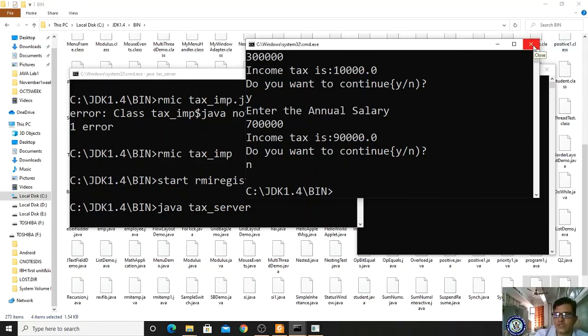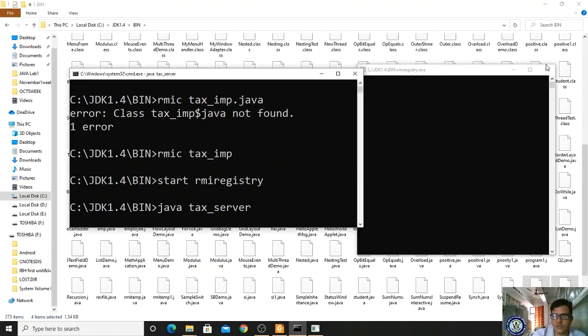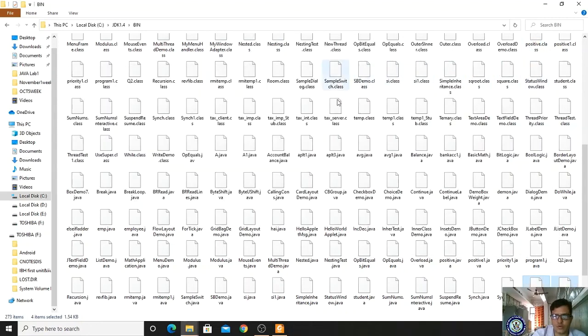So likewise, these kinds of programs are used in calculation software like Tally, as well as in tax calculations, LIC calculation, and premium calculations. Remotely it will show the amount payable. Such programs are very important, hence we are using RMI programs. Hope you understand this concept. We will meet in the next program, next class.